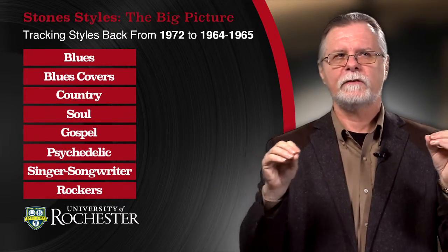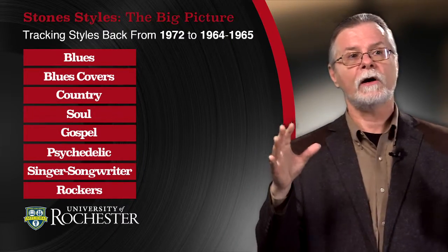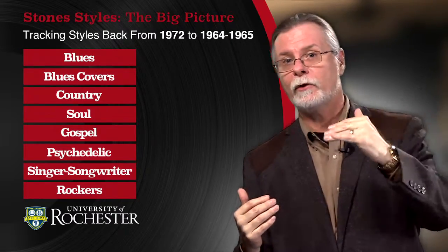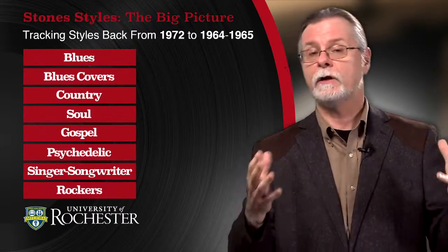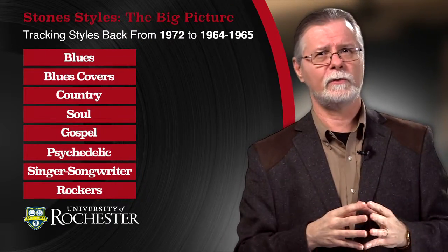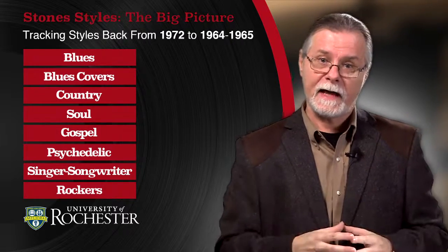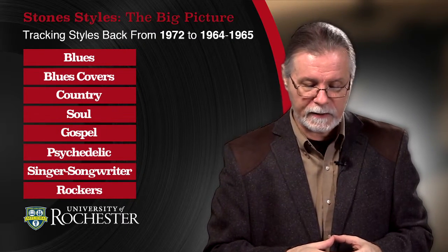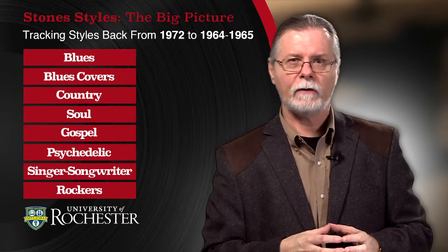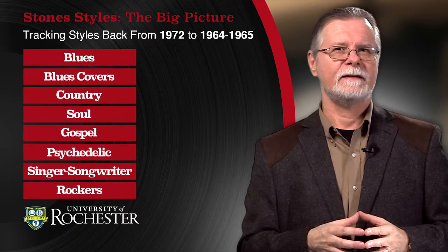And I'm trying to give some order to the development so that when you look at it, you can say, oh, I see, well, looking along these lines, I can really see the development of the group. I can see them developing, changing, rearranging, and reorganizing things. And that's one of the important things we really try to do as musicologists when we study a repertory. So as I said, next week, we're going to conclude the class with lectures on Goats Head Soup and It's Only Rock and Roll. And at that point, I'll ask the question, is this the end of an era,